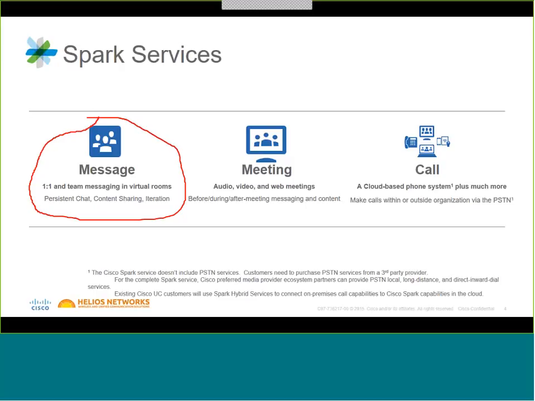The meeting side of things here is taking it to the next level. So right now you would obviously sit and share your content and chat about this specific project, but let's take this to the next level and bring in video conferencing.